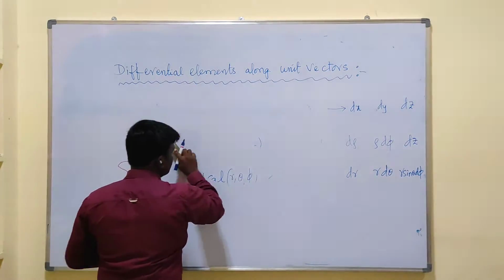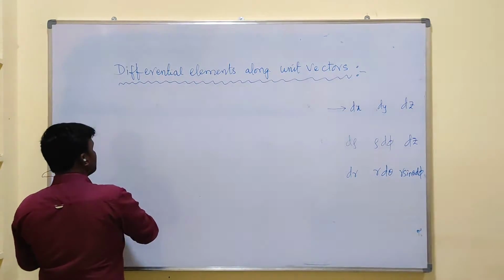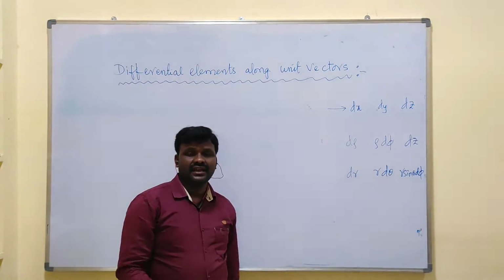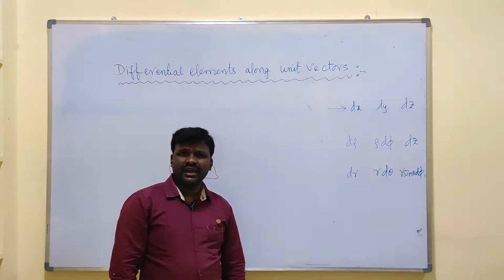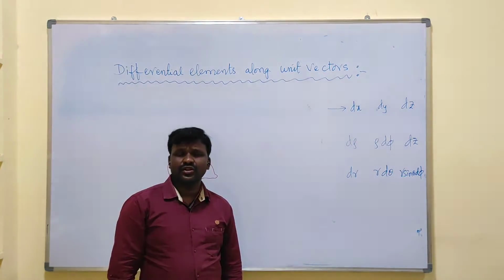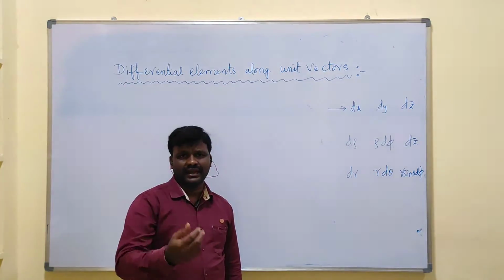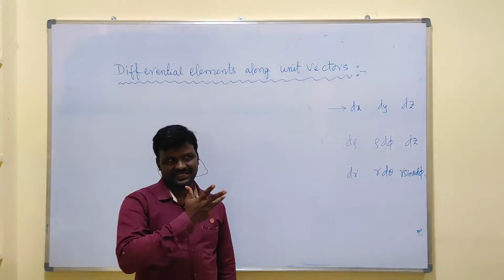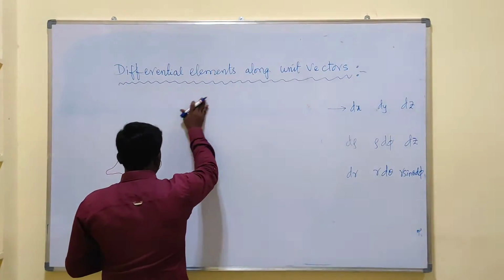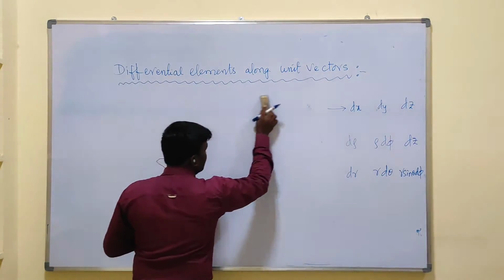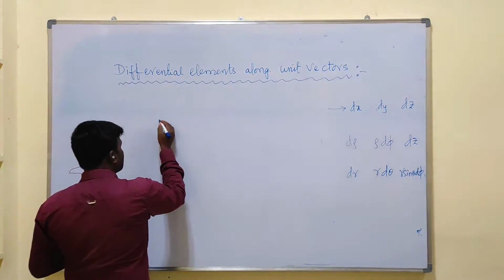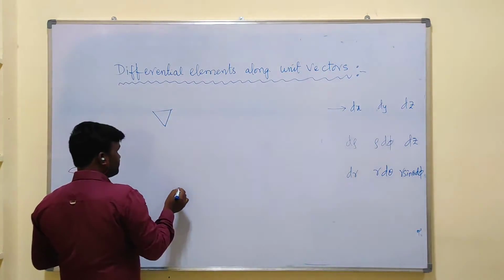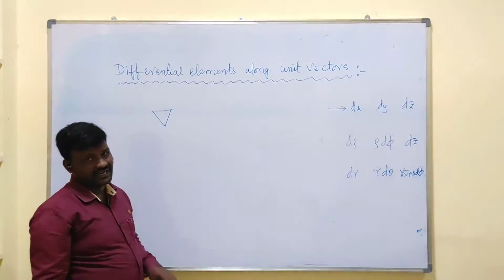What are the Maxwell's equations? We have four equations. Maxwell's equations are nothing but equations that relate electric and magnetic field parameters. That means if you know the electric field, you can find the magnetic field, or if you know the magnetic field, you can find the electric field, and vice versa. The four Maxwell's equations are given like this. Basically, Maxwell's equations can be applied by applying this del on electric and magnetic field parameters.